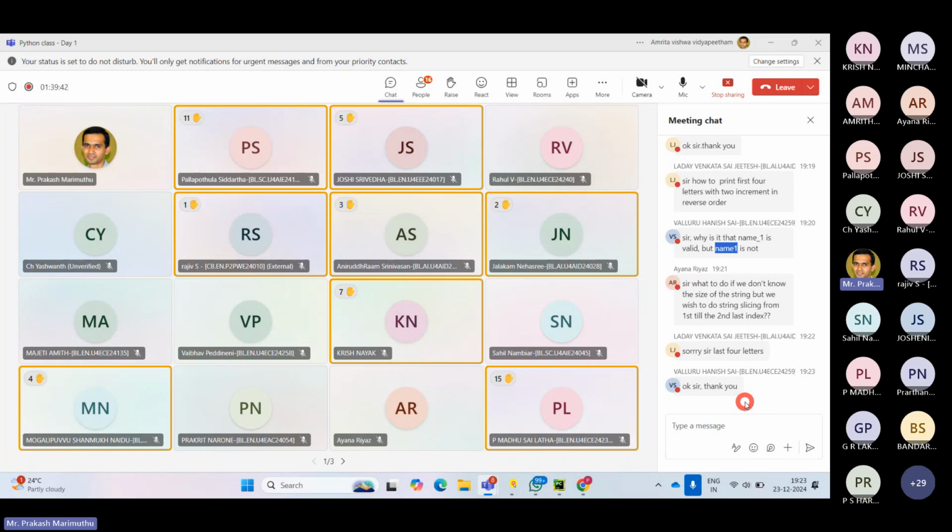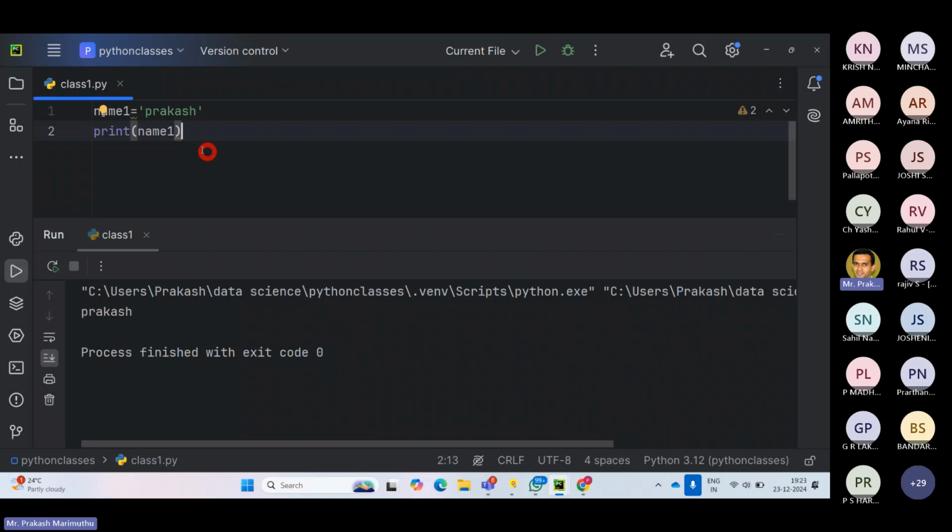Sir, what to do if we don't know the size of the string, but we wish to do the string slicing from first till the second last index? So if you don't know the string, for example this string, you want to slice it up to the second last. So open bracket,